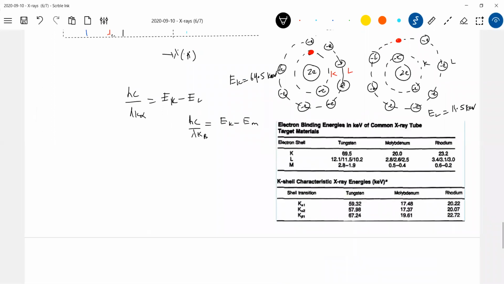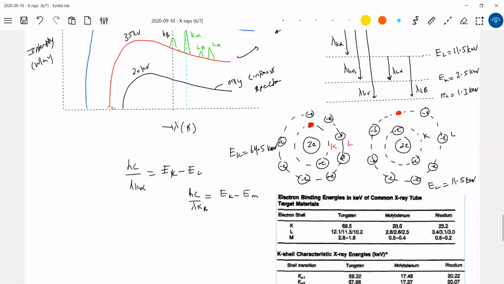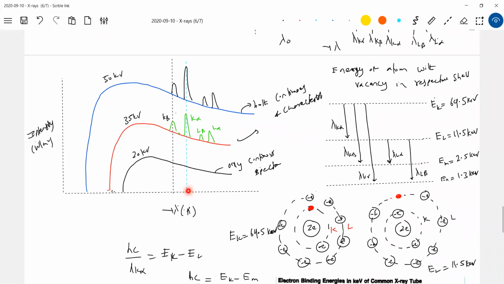So now suppose you are using molybdenum. I think you need less accelerating voltage to produce the characteristic spectrum. Got the idea? If you're using tungsten, you need more accelerating voltage to produce this characteristic spectrum. Able to make it out? If the energy of the atom with vacancy in K shell is more, then you need more accelerating potential. That's the meaning of this. Okay, this is one way of producing lambda K alpha. Now, using